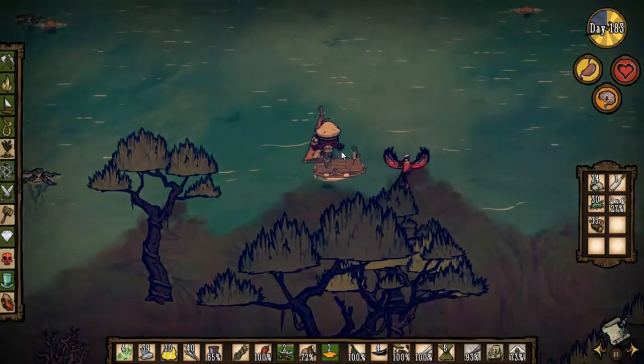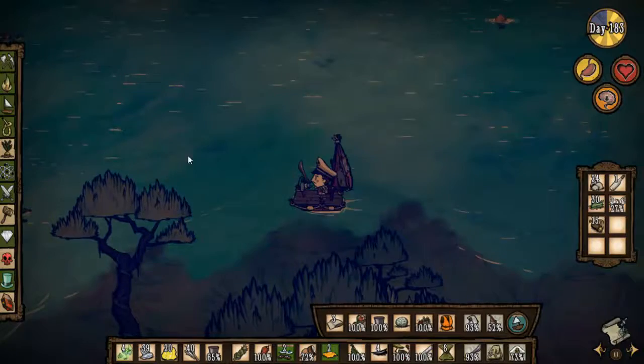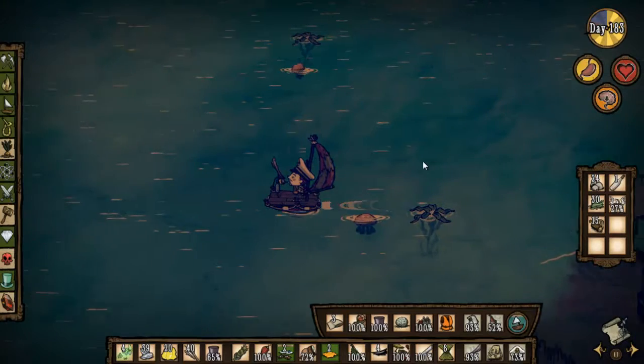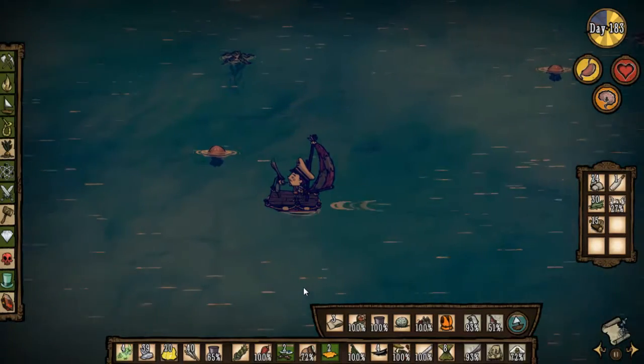Alright, let's get back on this boat. Let's get towards that treasure. So we gotta go like... Yeah, just basically straight left. Cool. Don't electrocute me, bro. Little bit of an unnecessary risk there, but...